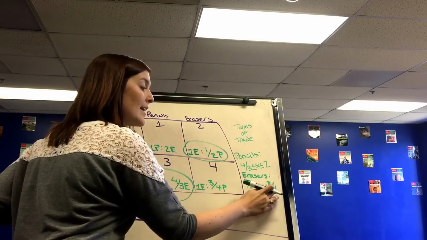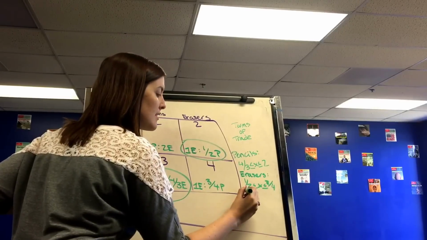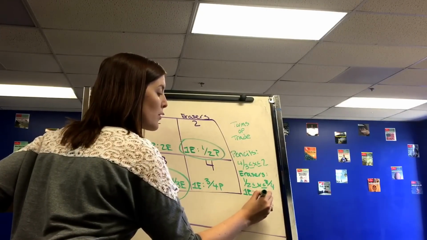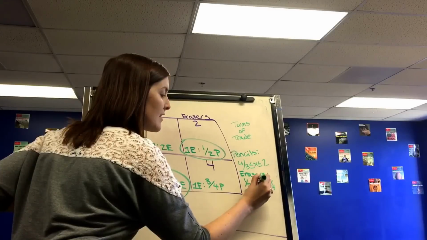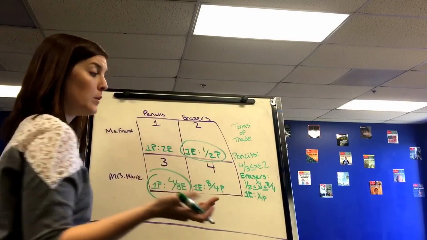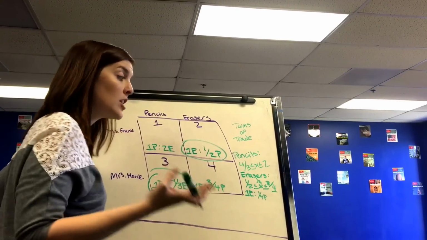Mrs. Moore is the buyer. This is the maximum price she's willing to pay. So let's say in this example now, one eraser is exchanged for 1/4 pencil. Now again, it does not fit into the terms of trade. So I would be totally willing, as the buyer, to pay that price because it is much cheaper than producing